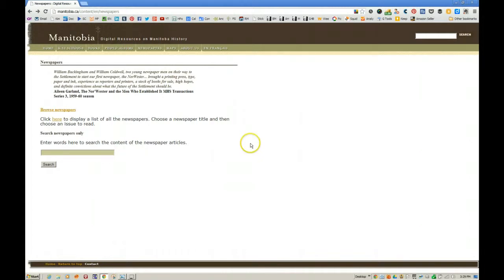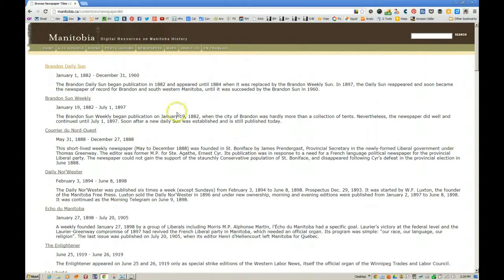The URL up at the top is Manitobia, see the I, .ca/content/en/newspapers. Very simple home page. You have the ability to browse newspapers or search, and there is a list of newspapers. Let's take a look at that. And there is a list. You have a link to each of the newspapers. It has the date of the newspapers that are indeed in the collection, as well as a short description of